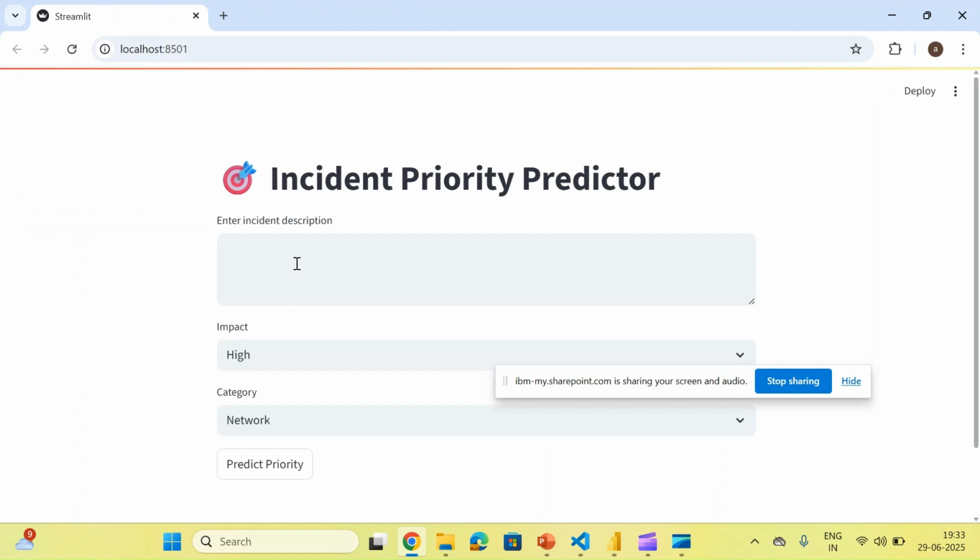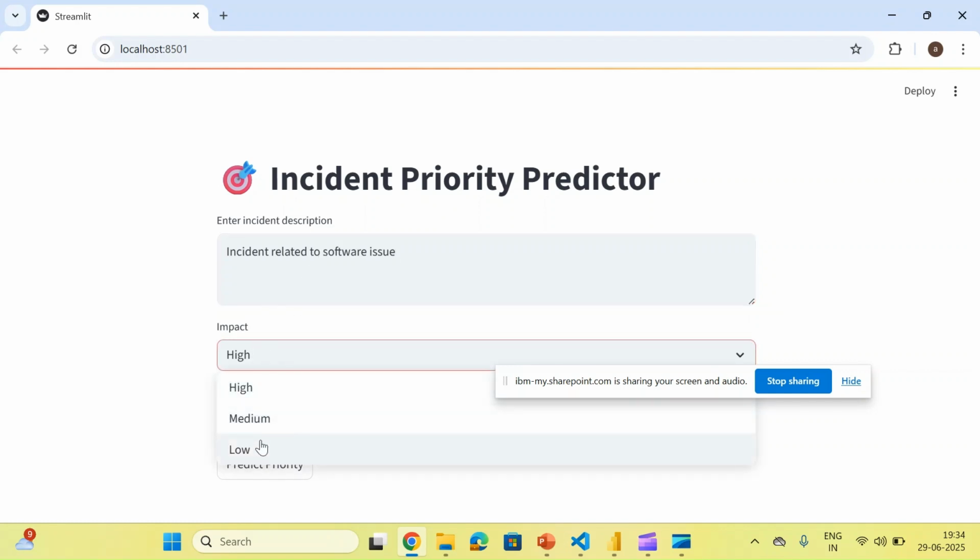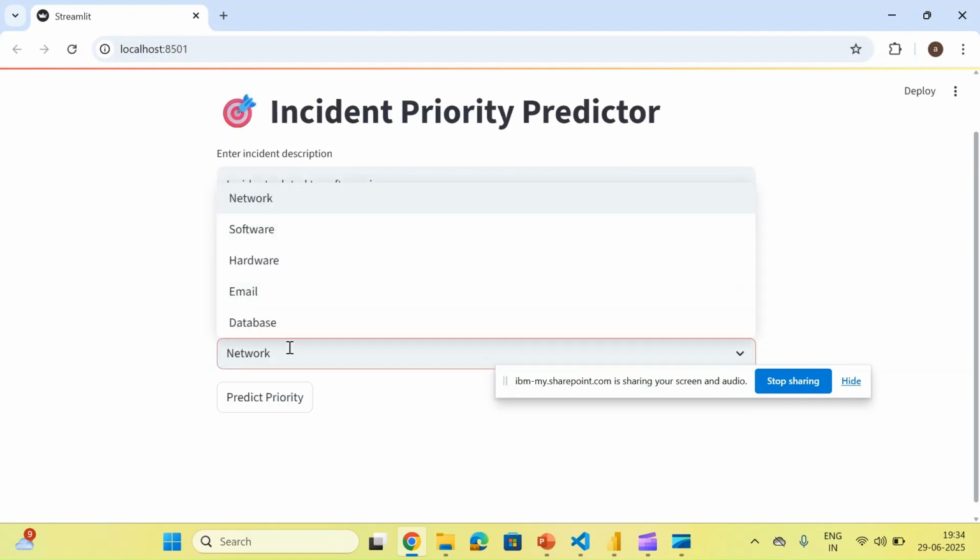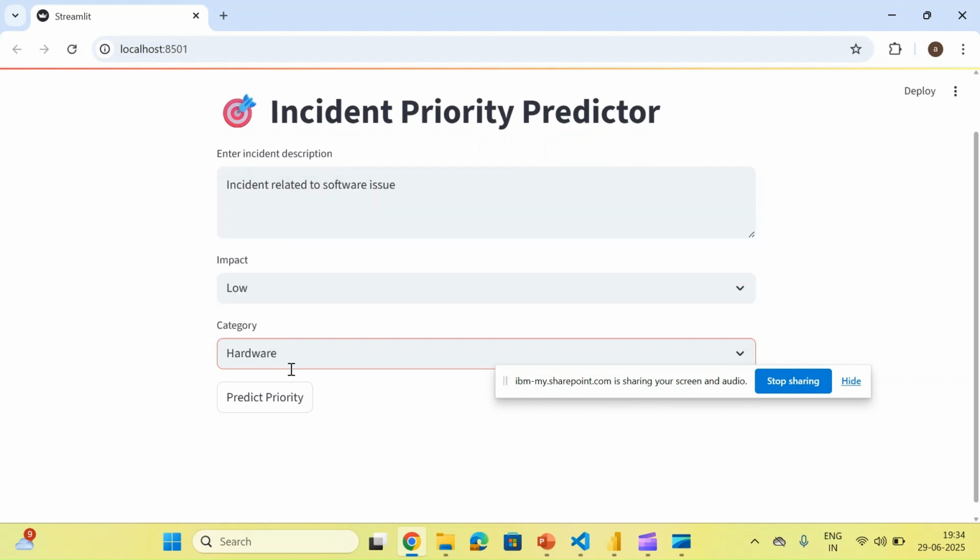So when the user opens the web app, they are presented with a simple form. The form asks the user to enter a short description of the issue, for example, incident related to software issue, the impact level, high, medium, or low. Let's take low. The category of the incident, like network, software, hardware, email, database. Let's take hardware. Once the user enters this information and clicks the Predict button, the app performs the following steps